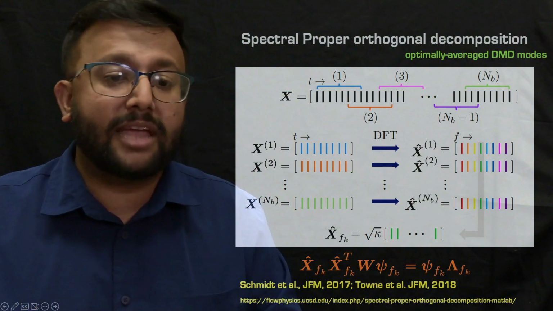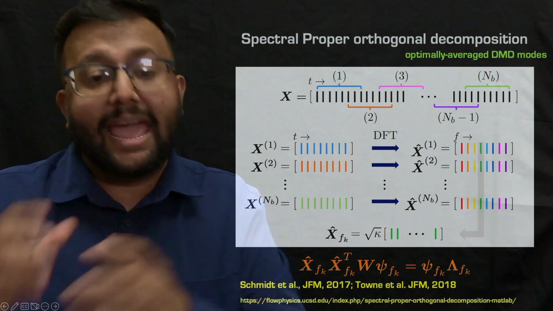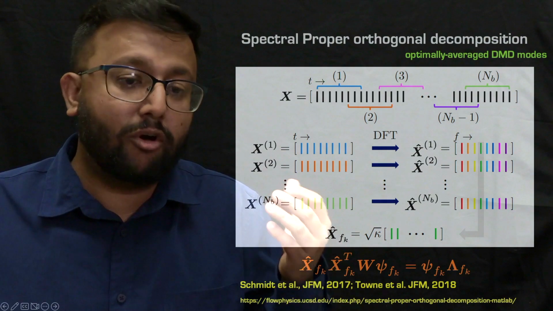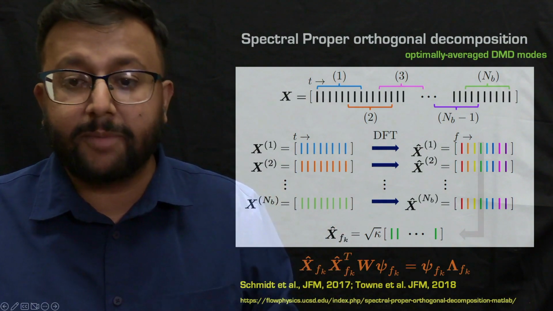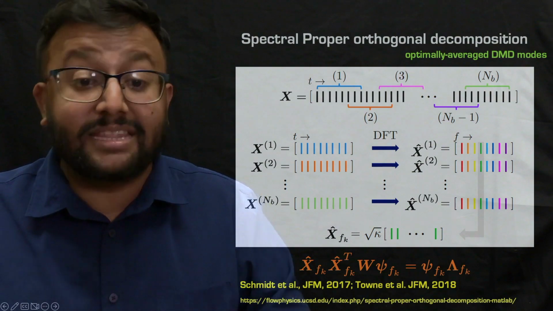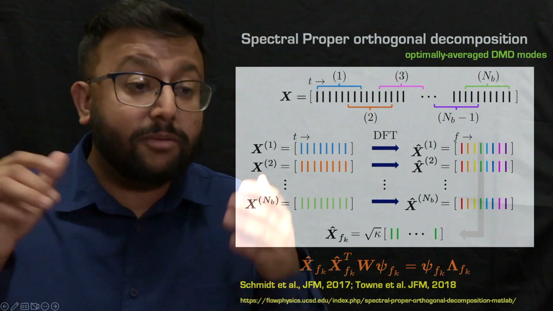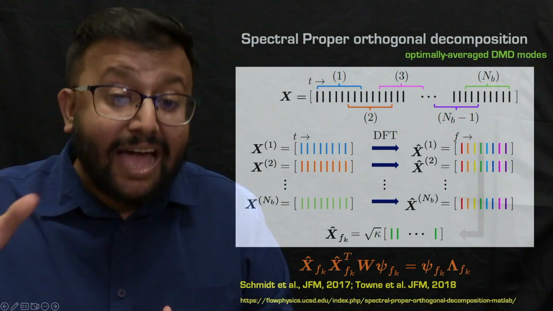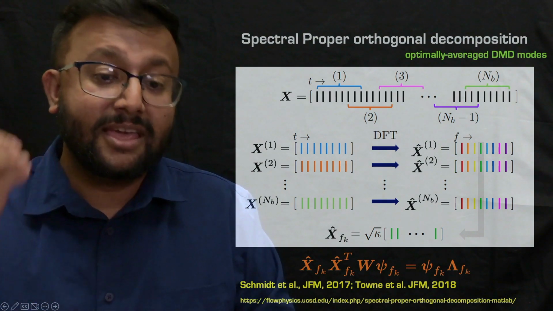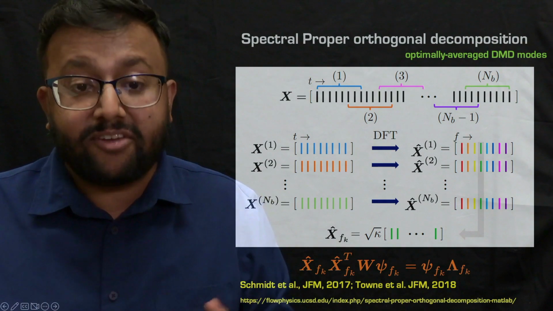We assemble them together, we do X transpose, and we do an eigen decomposition of X transpose. Now, we can of course perform this operation to get the SPOD modes. The SPOD modes here are psi, and the eigenvalues associated are given in this lambda matrix, but